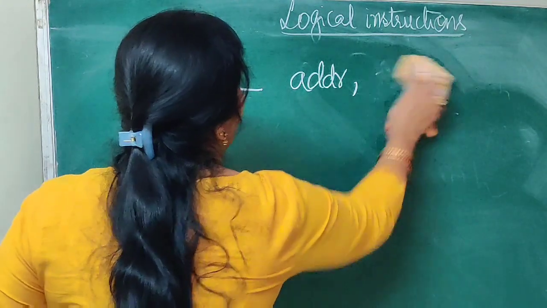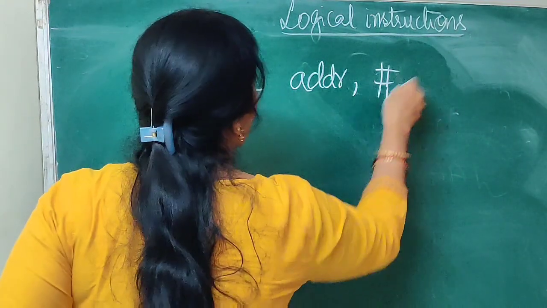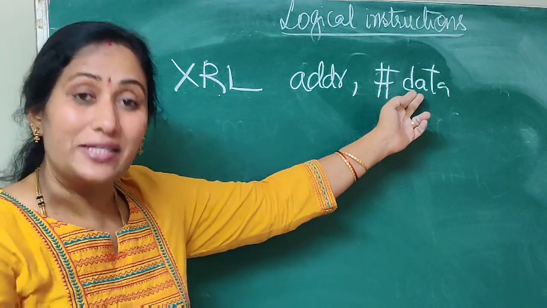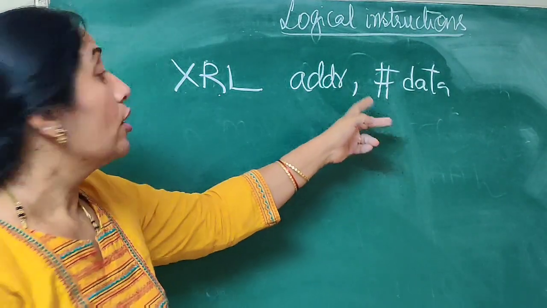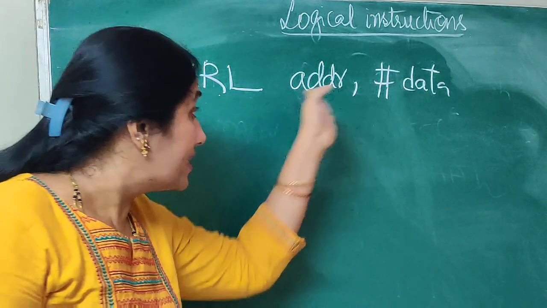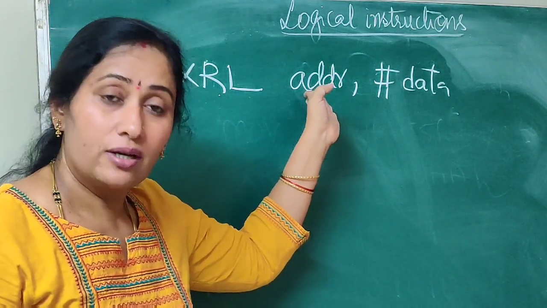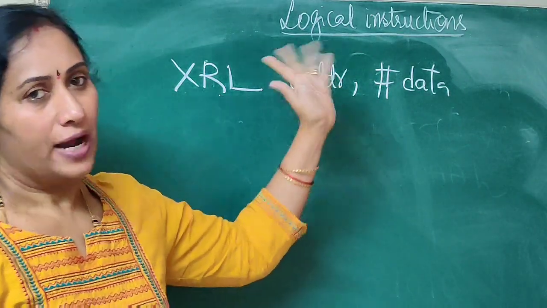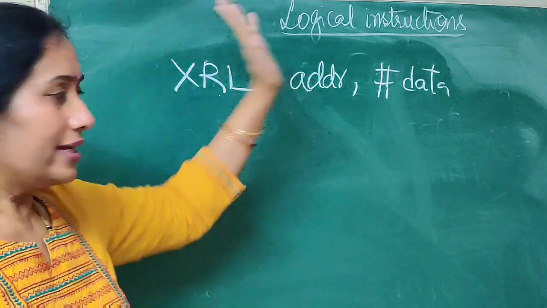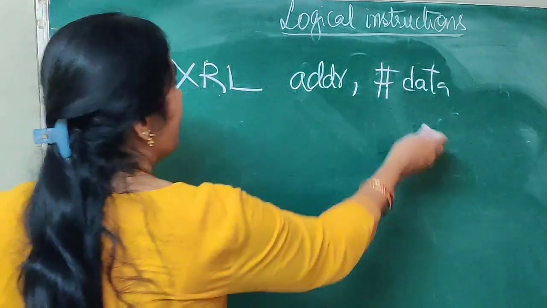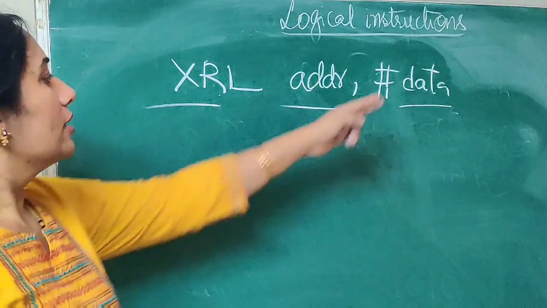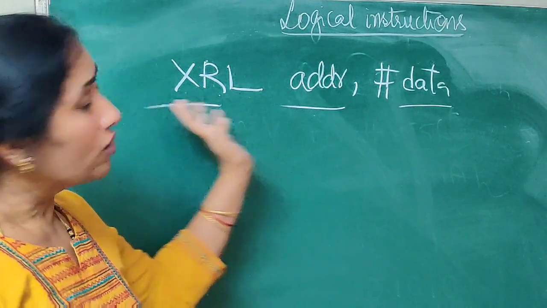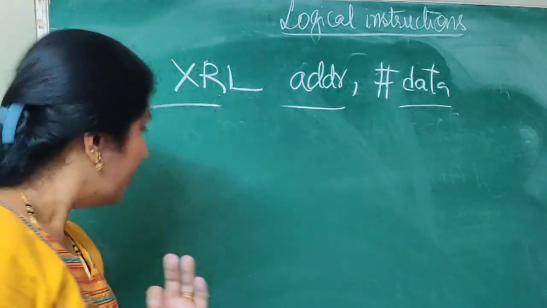Okay. Now instead of accumulator, I am going to take the immediate data. So what's going to happen? The immediate data specified in the instruction gets XORed with the contents of the memory location whose address is specified in the instruction, and the result is going to be placed in the address which is specified in the instruction. What is the length of the instruction? Length of the instruction is going to be 3 bytes because immediate data will be 1 byte, the address will be 1 byte, the opcode will be always 1 byte. So total length of the instruction is going to be 3 bytes.